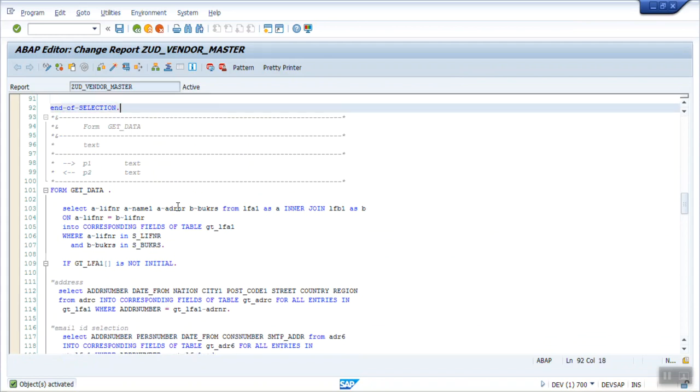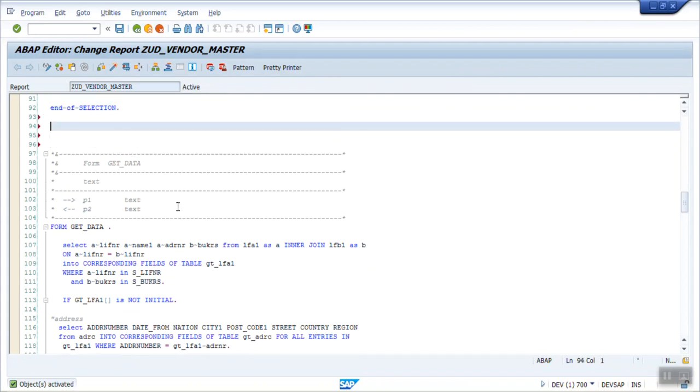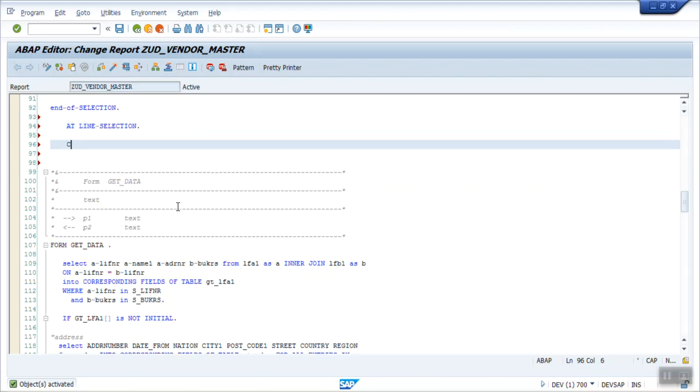So here after the end of selection we will write our logic at line selection. Always first clear both the variables, that is gv_cursor and gv_value.